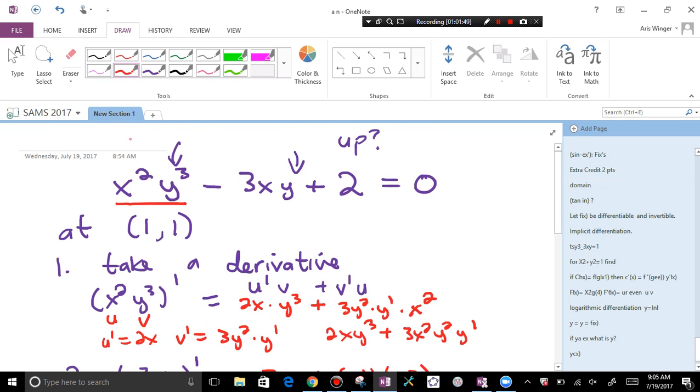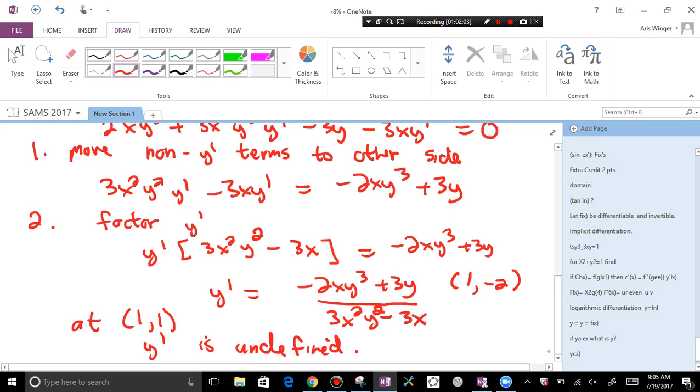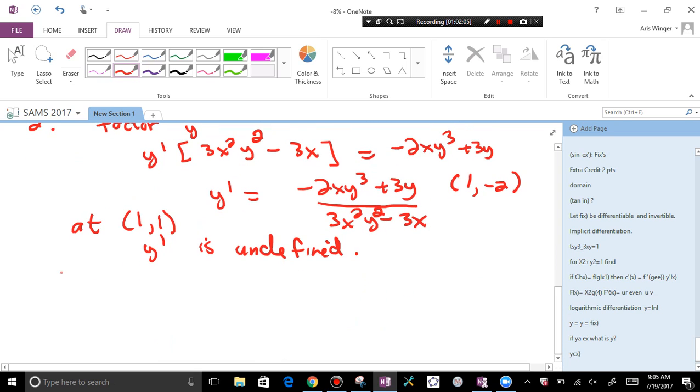Let's verify that. Is (1, negative 2) on this graph? (1, negative 2). That's negative 8. (1, negative 2). Plus 6. Plus 2. That is 0. So (1, negative 2) is on this graph. What's the slope? So super careful. Again,